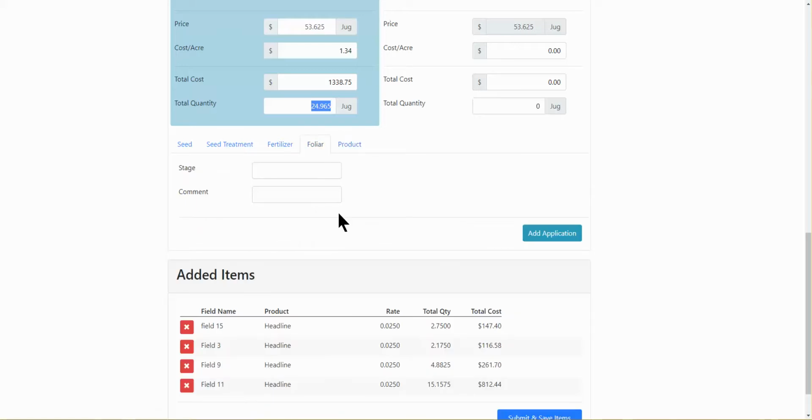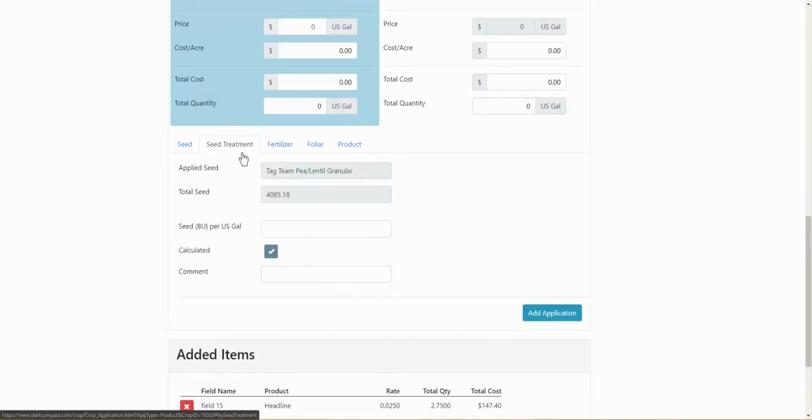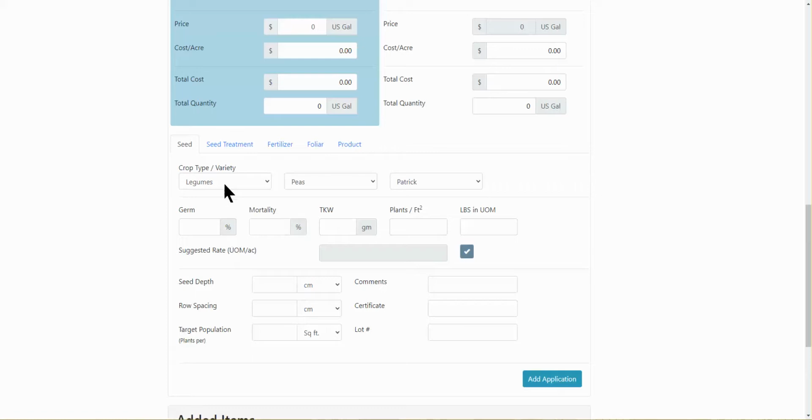Here's what we can add for foliar, for fertilizer, for seed treatment, and Compass also gives us the option. It knows what seeds we've applied based on our seed applications. If I don't know the applicable rate for the seed treatment, I can put how many seeds in bushels get treated per US gallon, and Compass will give me the ability to click the check mark and put that suggested application rate up top. Lastly, we have seed, and I pulled in my seed variety from my crop plan,